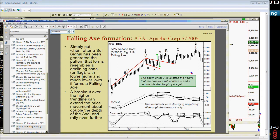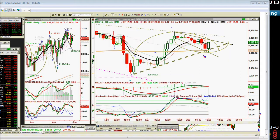So let's get out of this, and I'll show you something. There's a long way to go. We're at 2117, 2117.25, 2117.00, 2117.50. Nope, 2121. Anyway, this is the line that we're looking at right here. You want to break 2119.25. You get above that, if it's today, that's spectacular. I don't think it can do that today. But if it does that by tomorrow without breaking down, it would suggest that the long positions that we have